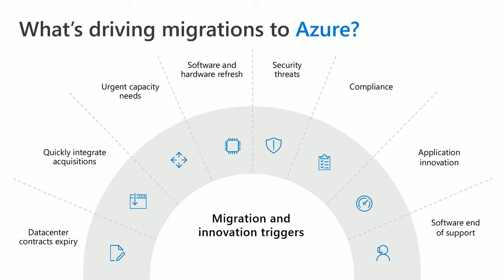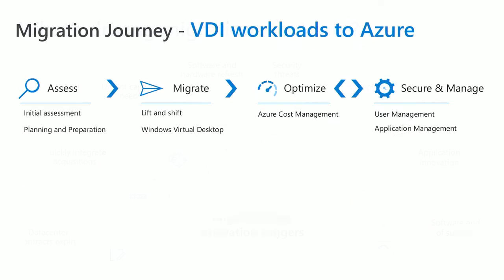Now, once you are ready to migrate, you start your migration journey. And this journey is typically a 4-step process. It starts with the assessment step, where you discover your on-prem environment, you scan it to identify what is ready to be migrated to Azure, and whether you need to fix a few things before you migrate. This step is super important because not every workload is ready for cloud. So you need to really assess your environment to find out whether there are any issues, whether you need to tweak things here and there before you move them to the cloud.